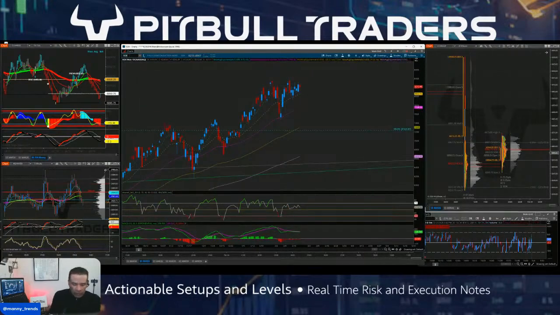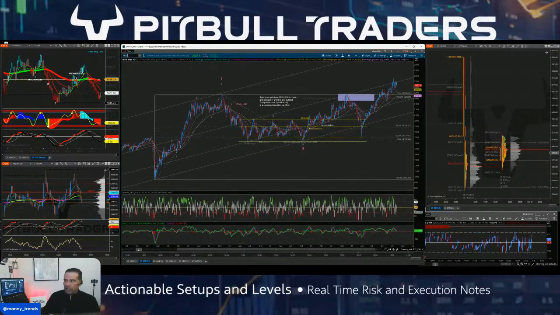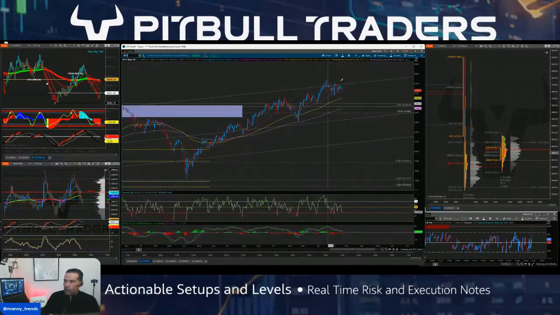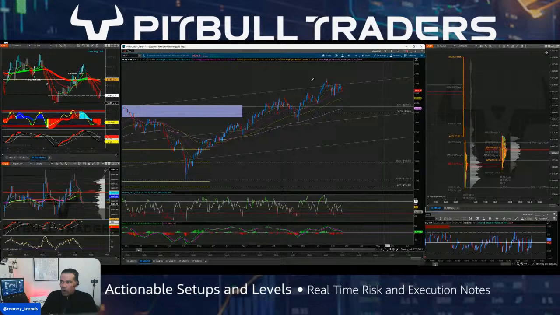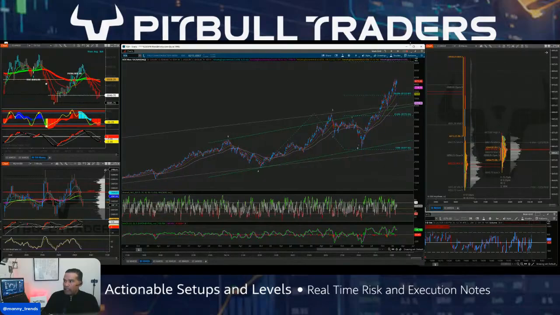Like, let's check out the Russell. What's the Russell doing? Because the Russell's been leading the charge, right? So in order for ES to break down and get really bearish, take out these support levels at 67.50, this lower trend line at 67.16, and break the balance low of 6,800, is that going to happen when semis and Russell are at their highs? Maybe, or is it more likely